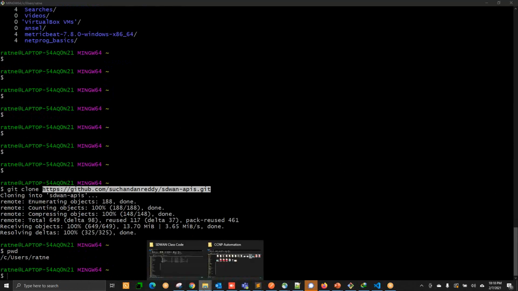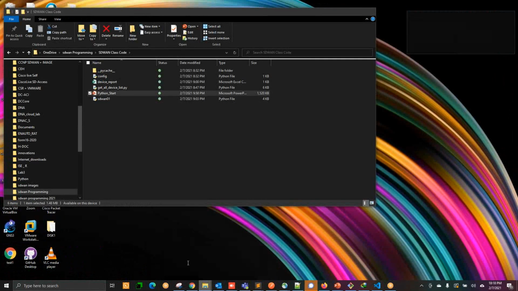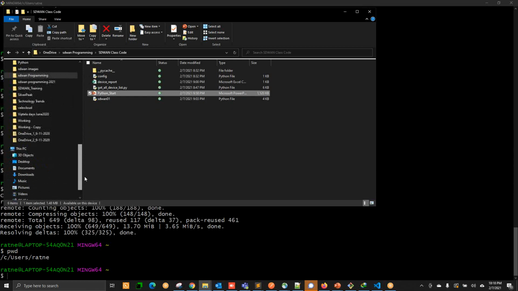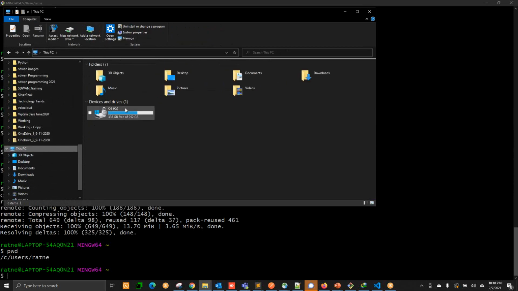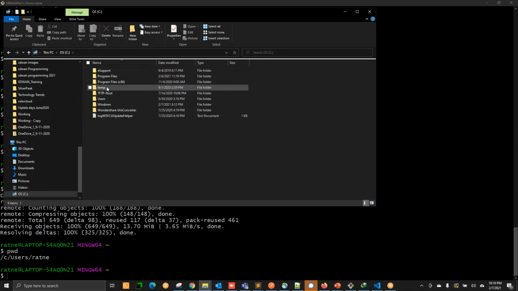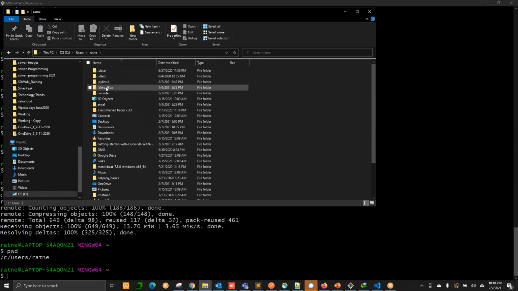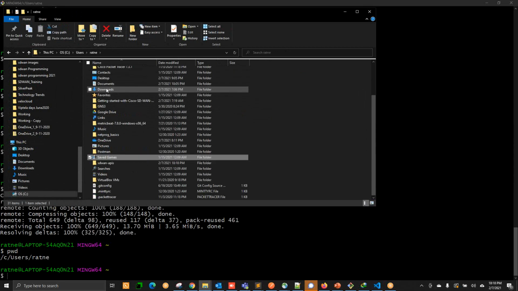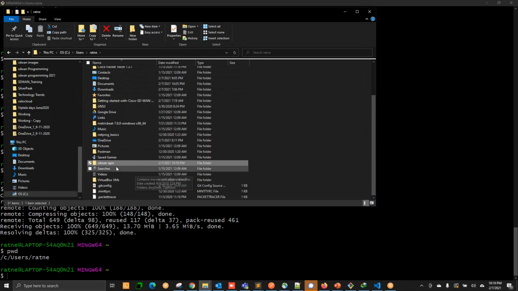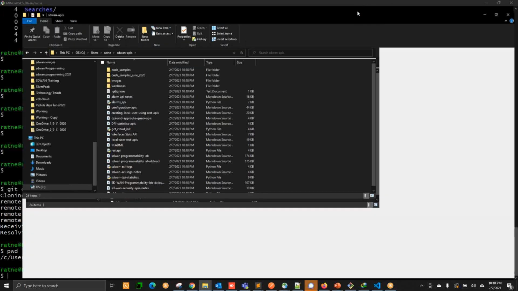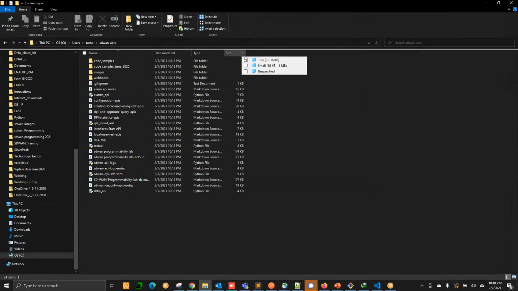So let me quickly go to that particular location I have. I can go to this PC, C drive, and RATN, or you can go to the users and then RATN, and then I can search with the SD-WAN key. So if I go, see SD-WAN API, this font is a little bit small, but you can see that.